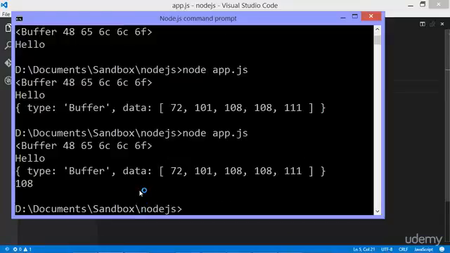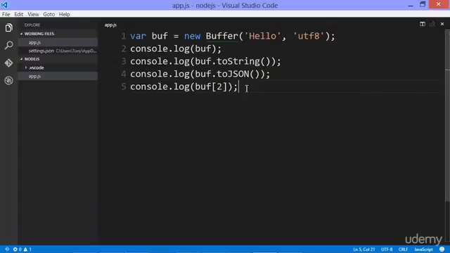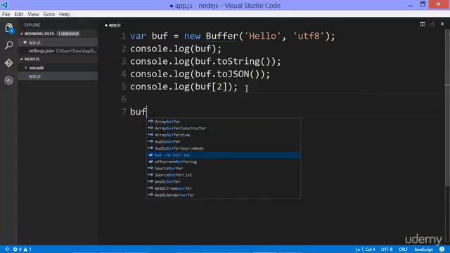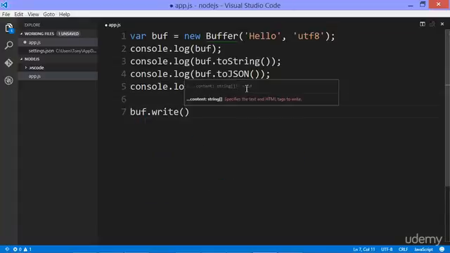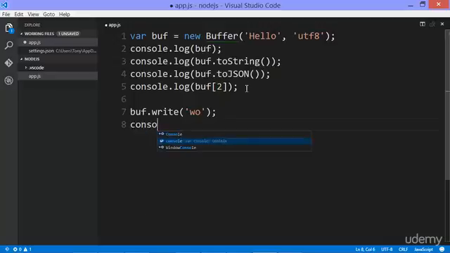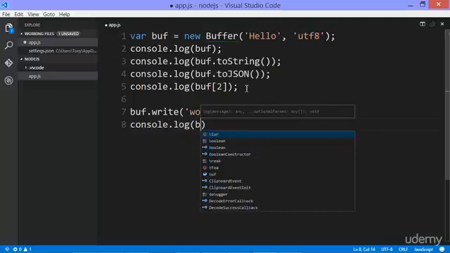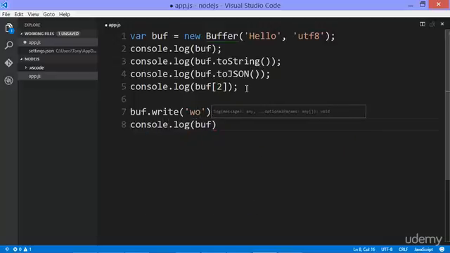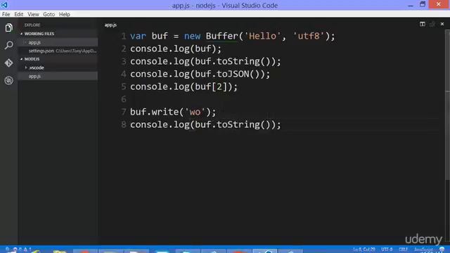So there it is. So I can use the buffer somewhat like an array. And I can also write data to the buffer. As if I was about to write world, I'll just put WO, and then let's output the buffer, and let's do toString to see what happened. So I do that,